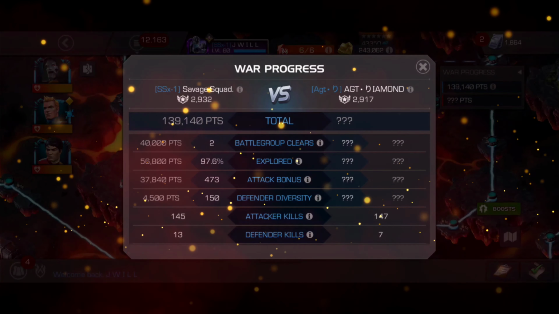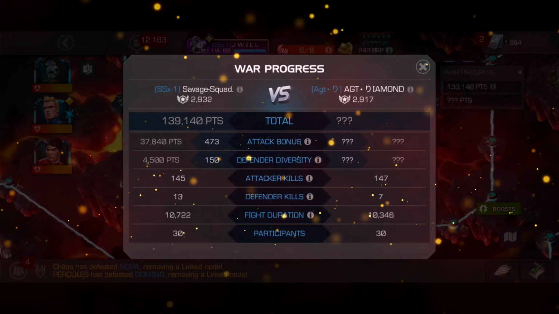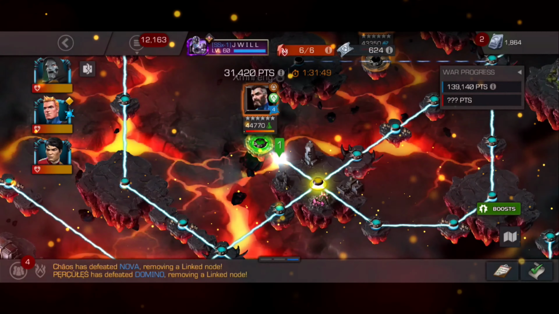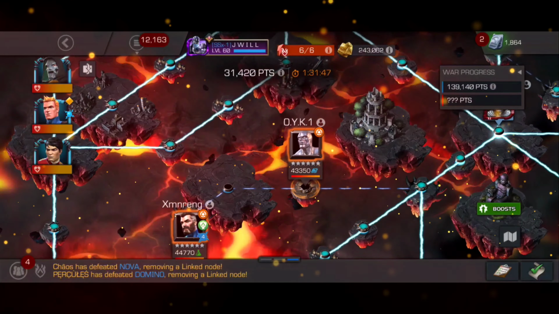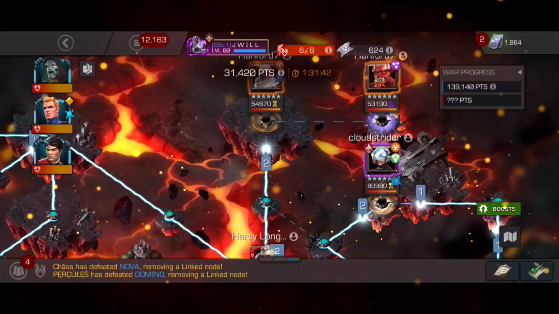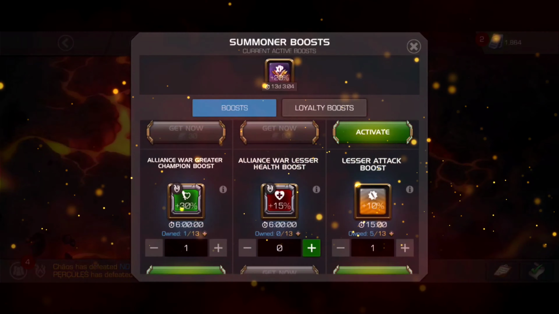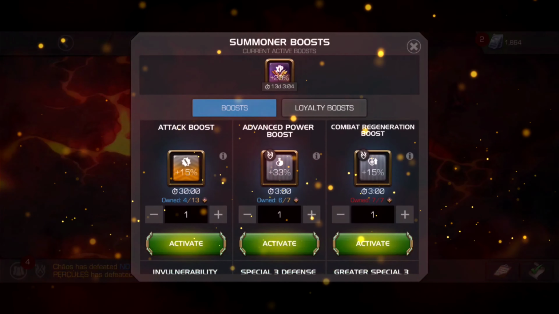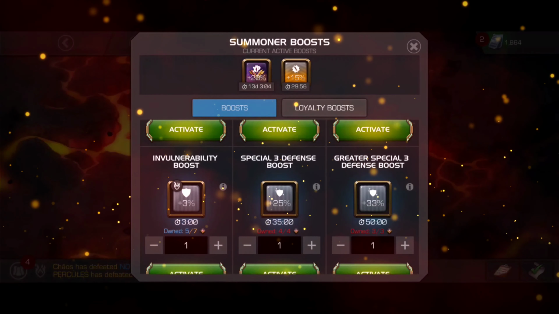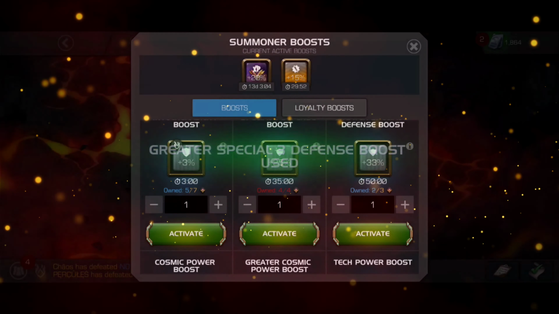And notice that the score is 145 kills to 147. They have 13 deaths, we have 7. So there's 5 more fights that we need to clear. And 1, 2, 3, 4. Oh, they all belong to me. So I can make or break this war for us, essentially. So no pressure, right? We're just going to do our thing, boost up to the max,